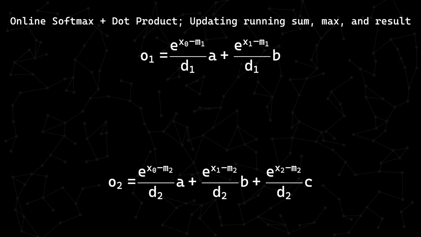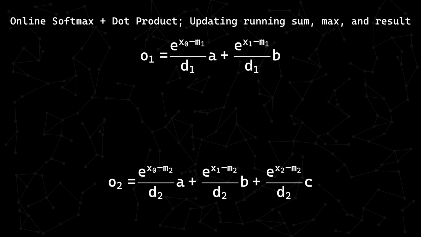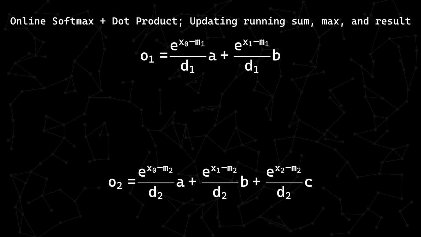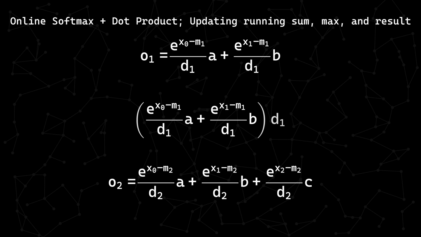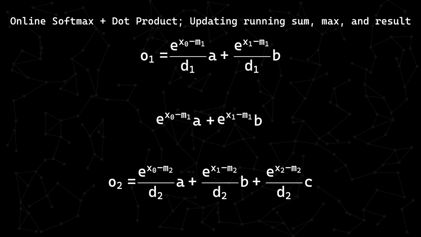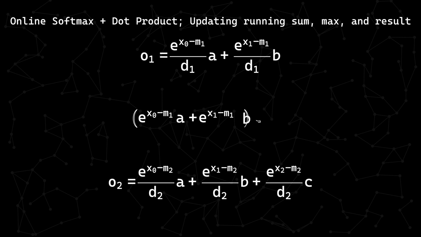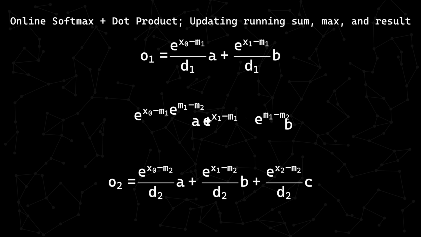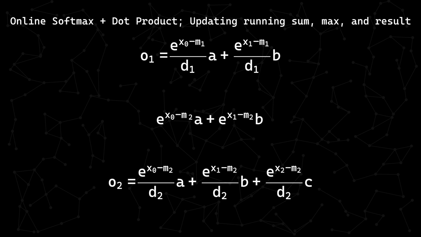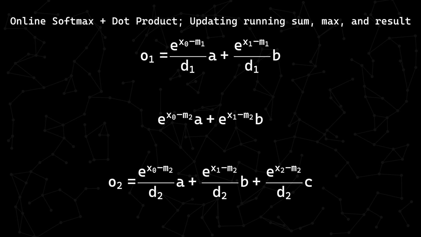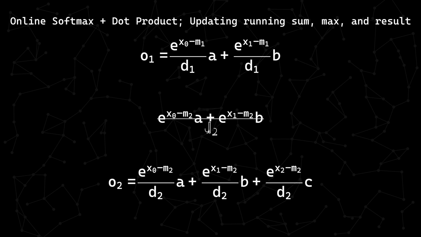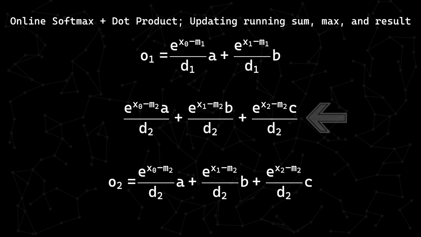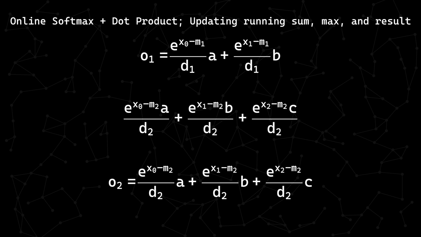In order for us to properly update our running result, we need to perform a couple of operations that bring us from the top to the bottom without requiring us to revisit older elements from our inputs. Let's start off by multiplying by the old running sum again. After canceling like terms, we get this. Now that our running max has changed, let's use the trick from the online softmax to multiply by e to the old max minus the new max. After distributing and canceling out the m sub 1s, the result is each of the elements from our original input row vector being subtracted by the new running max. Finally, after dividing by the new running sum, we see that we're now able to add the new component to our running result, the part that's multiplied by c, the final value of our column vector.